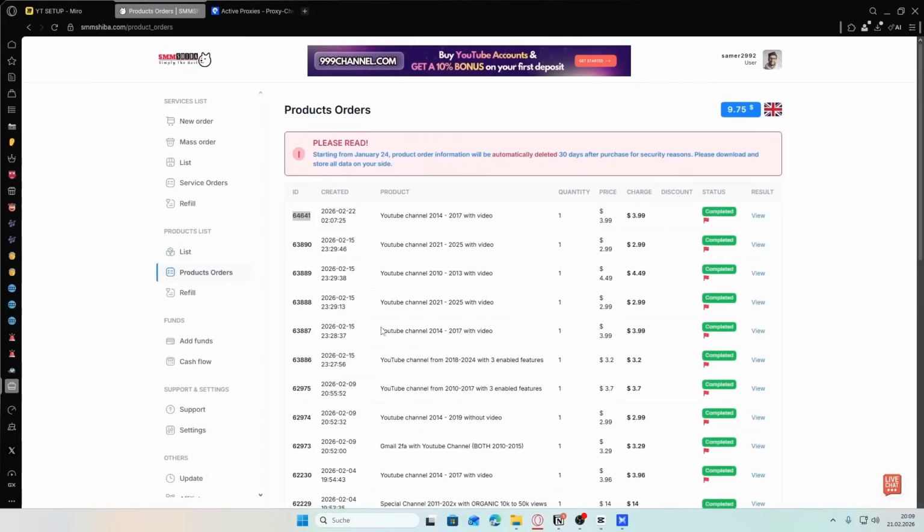Alright, so I'm currently at my dashboard on smmshiba.com, and do not get confused by the website names. SMMShiba and SMMDodge are actually the same website. So all you have to do once you've created yourself an account here is to go on list, click on this category icon, select, and here you want to select something, basically any option that says from with video. So I'm going to choose this one right here, and this should be already fine. 2014, 2017, yeah. Now I'm going to click on buy, confirm,